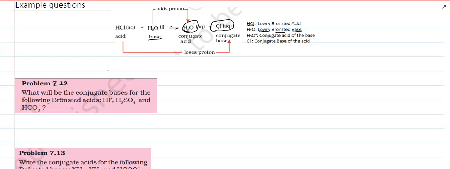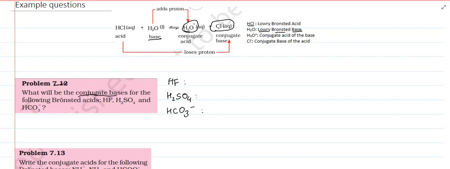7.12. What will be the conjugate bases for the following Bronsted acids? So we've been asked to write the conjugate bases for HF, H₂SO₄, and HCO₃ minus. So we just discussed the conjugate base of a Bronsted acid will have one less proton compared to